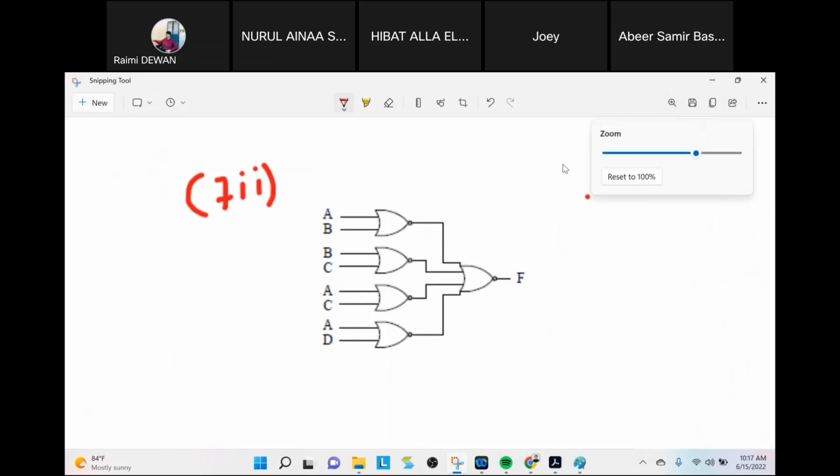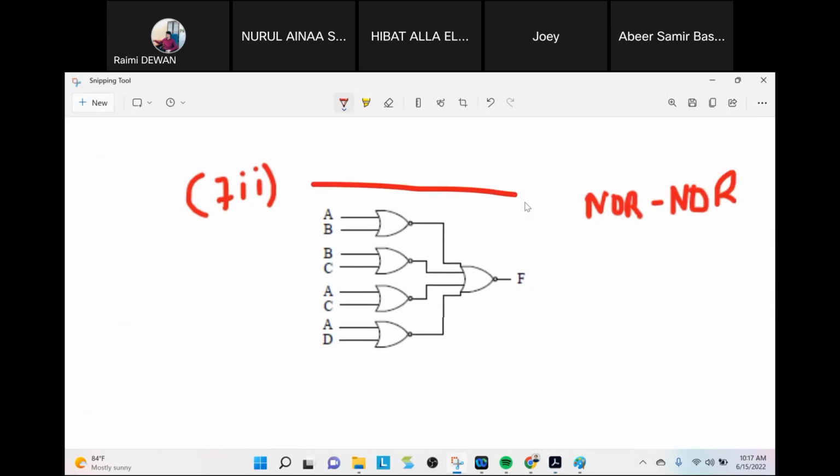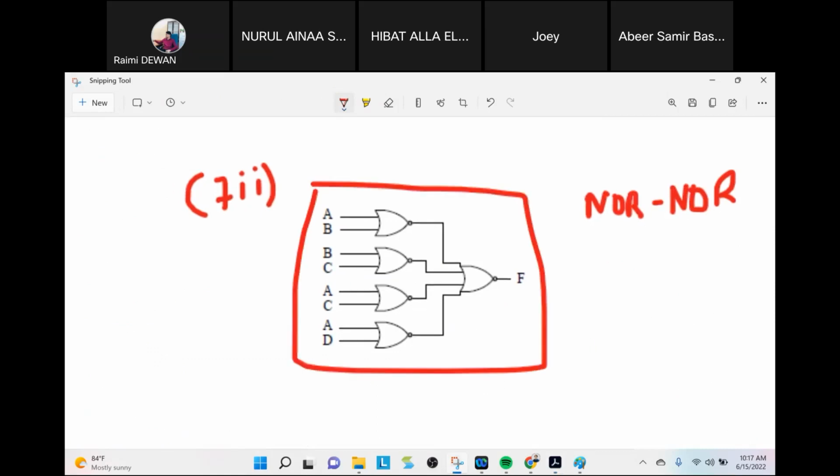The circuit may be different. The circuit may be different. Okay, but you need to only use NOR. Okay. Circuit can be different because I cannot answer now because I didn't try the question. I already have the answer. But the circuit can be different, but make sure it's still performing the one that has been mentioned in the question